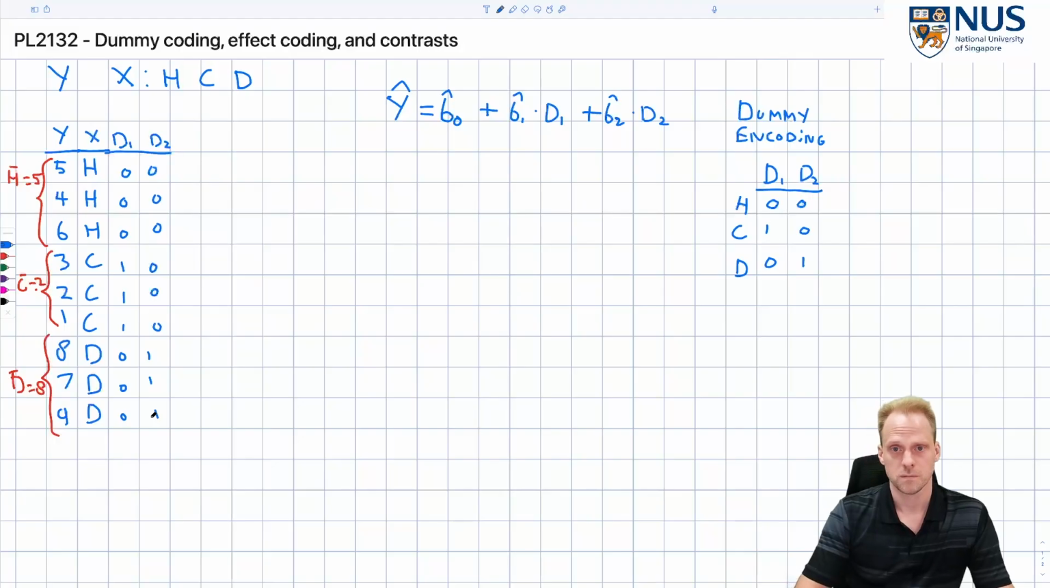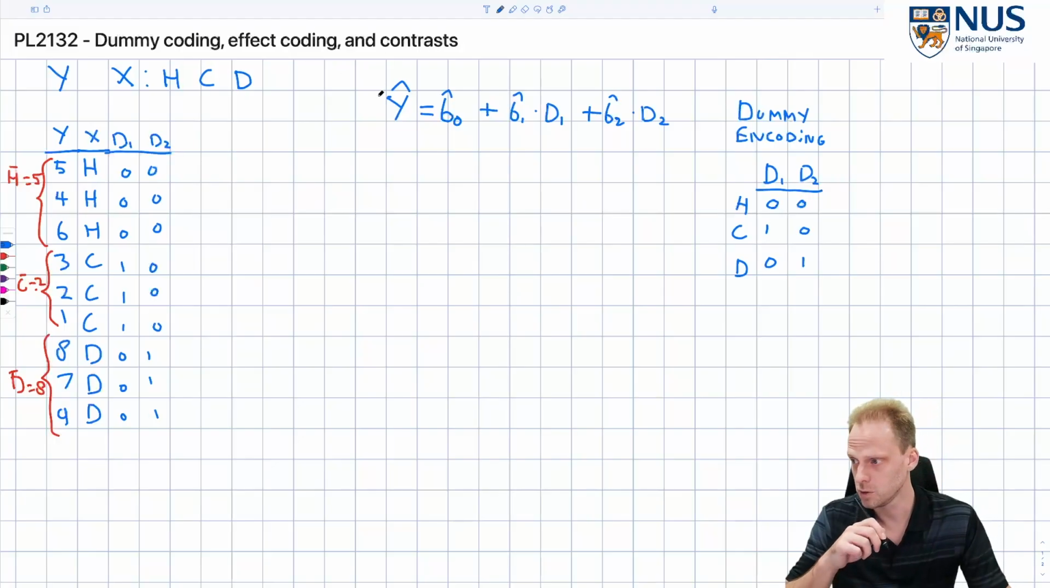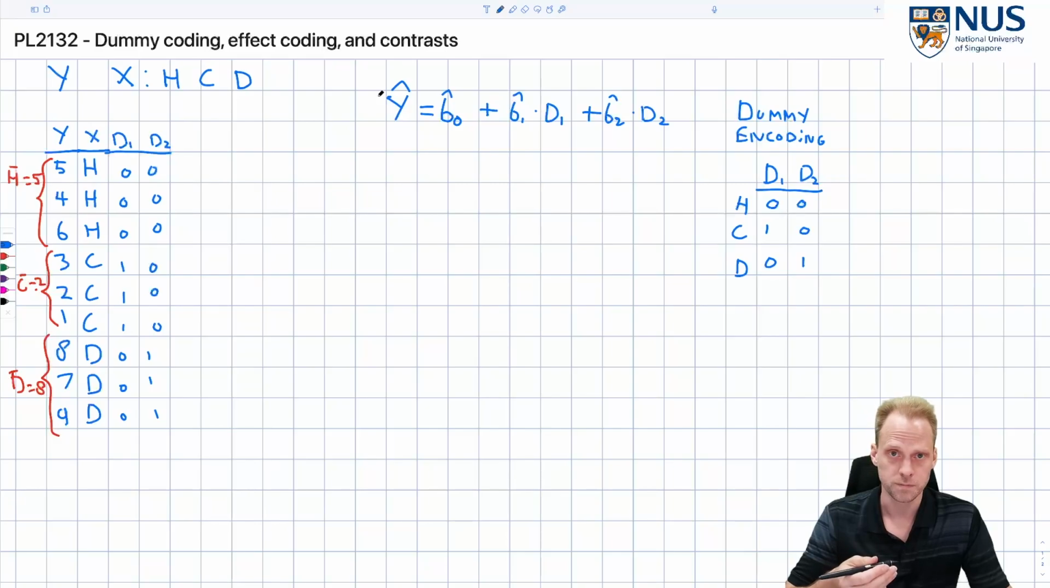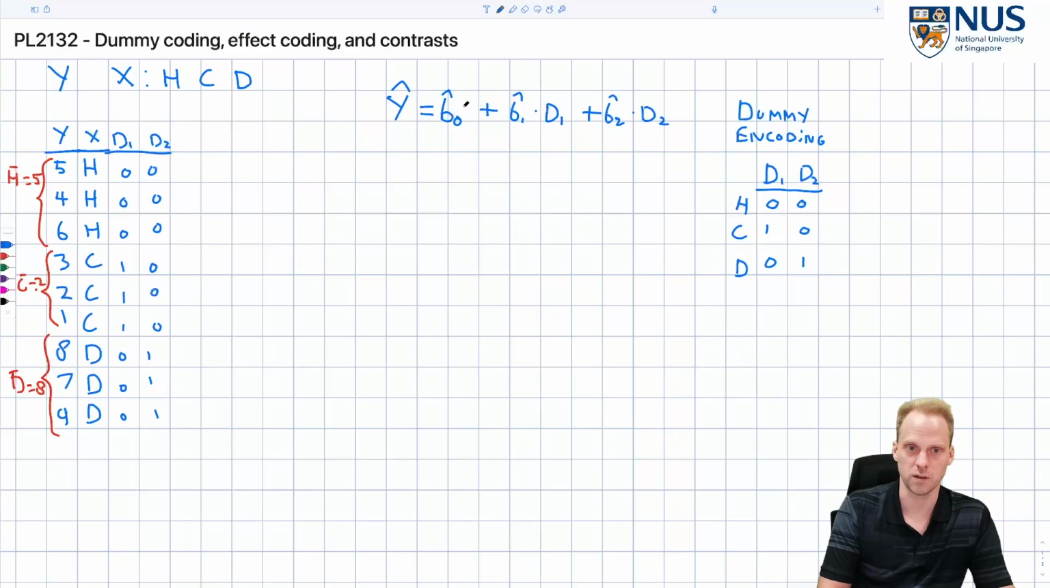Now, we know that the predicted value should be the average in each group. That is because the errors should sum up to 0. So we know that if we fill in this formula for each group, we get the same effect. So B0 is not different per subject. The dummy 1 and dummy 2 are the same for all subjects in each group. So we get the same predicted value for each member in a group, and that should be the group mean. So that means we can now derive that, let's say, the mean of hamsters equals,